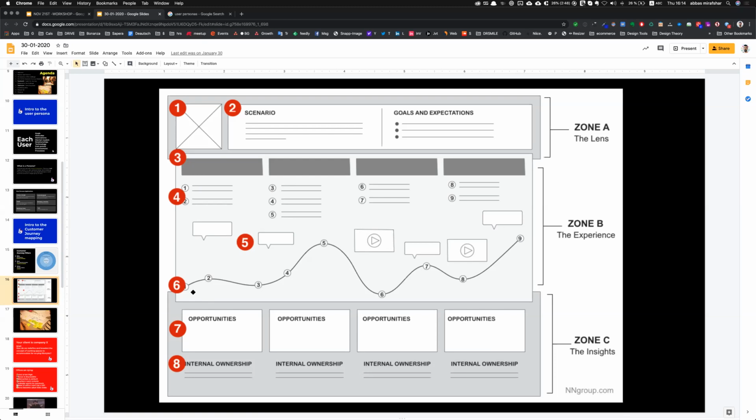So their experience here is very low, right? And then usually towards the end, it goes up, right? So when you draw the emotional map, then you could understand in which areas of the experience